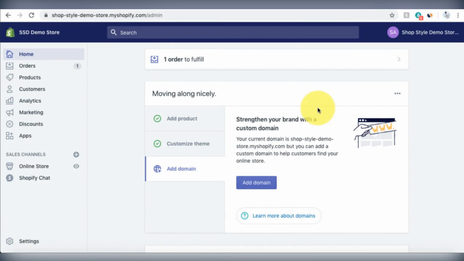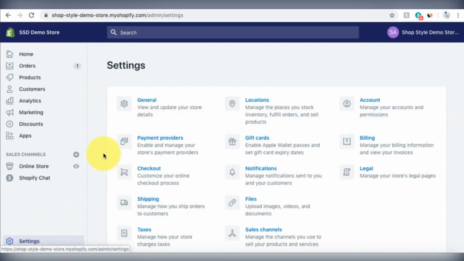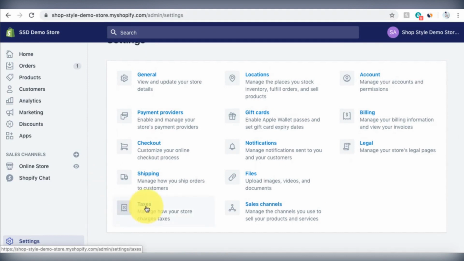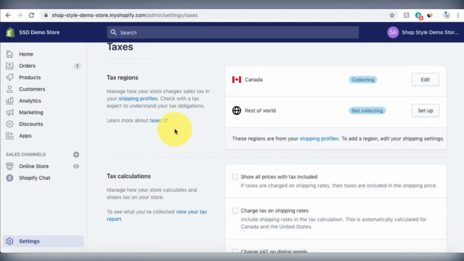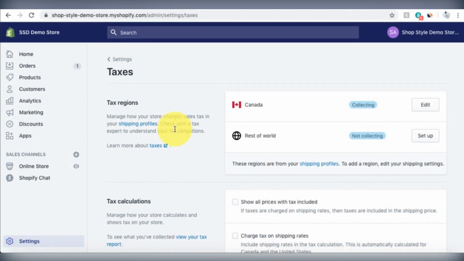And in this training video, we're going to be talking about taxes in your Shopify admin. So once you get logged into your admin, again, we're going to go back down to the far left and click on the Settings tab. And then we're going to look and find the Taxes section here. And we're going to give that a click. And that's going to take you into a very small portion for taxes here,